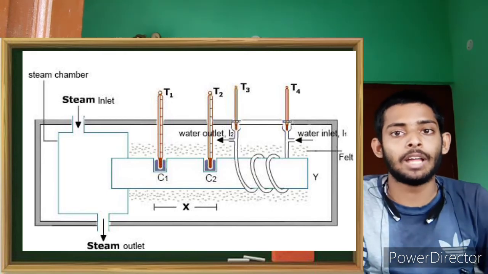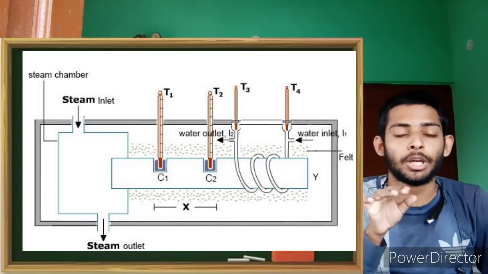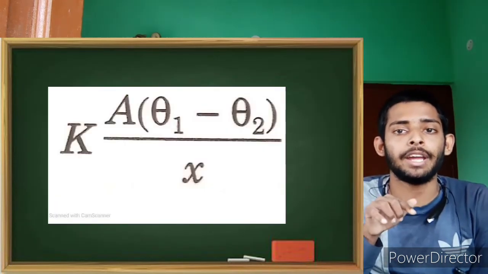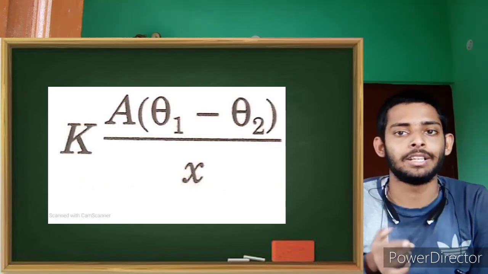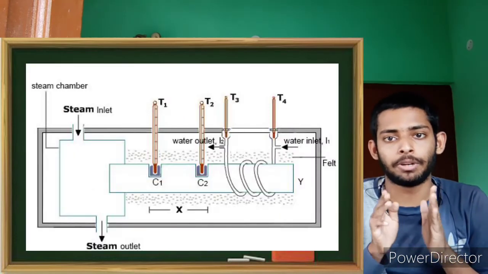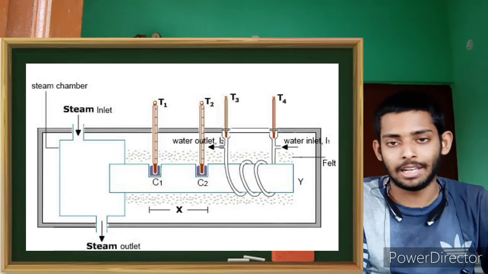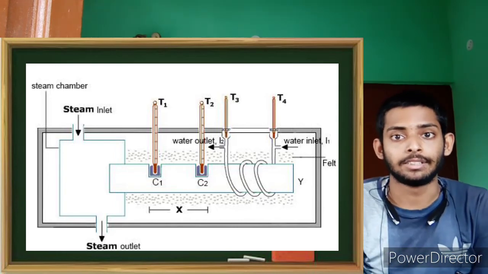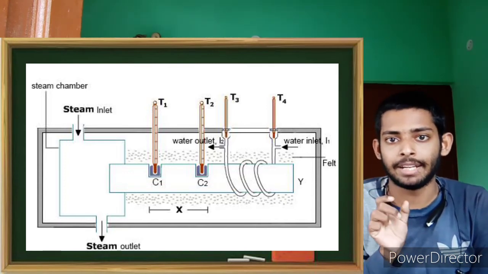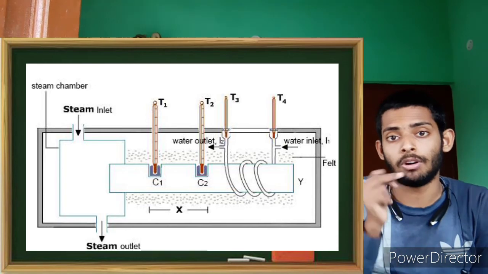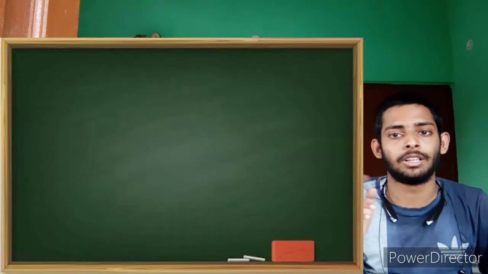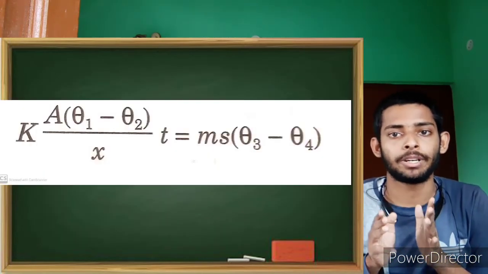This will give the idea of how much heat current was flowing, because we know that the formula of heat current is K dT by dx, where dT is the temperature difference and dx is the length of the rod. Between these two thermometers, T1 and T2, as mentioned in the figure, the length between them is delta x. So from here we will calculate the heat current, which is K into dT by dx, where dT is the temperature difference shown on the two thermometers, and dx here is x, because the length between the two thermometers is x.